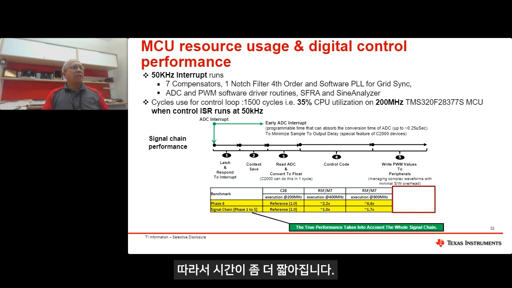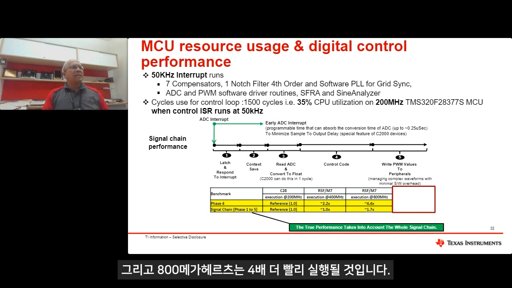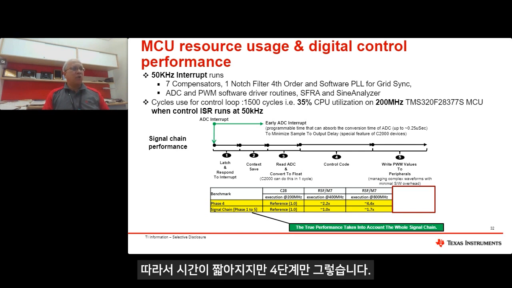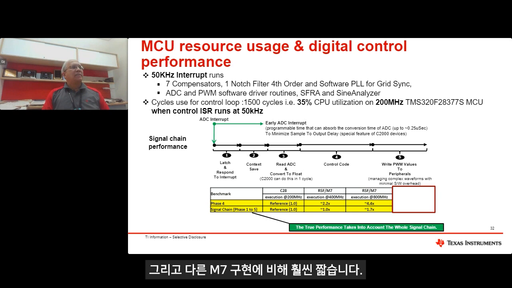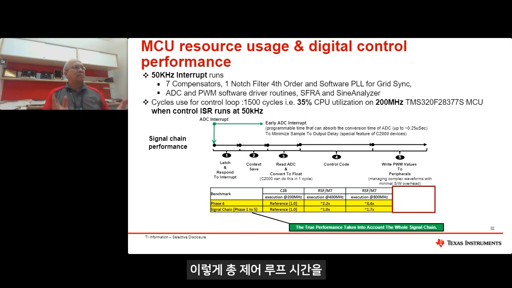So it will take shorter time. And the 800 megahertz will be running 4 times faster, so it will take even shorter time, only that phase 4. But phases 1, 2, 3, and 5, those have been optimized in the C2000 MCU, and that's much shorter compared to the other M7 implementation. So together, the total control loop time is comparable between a C2000 running at 200